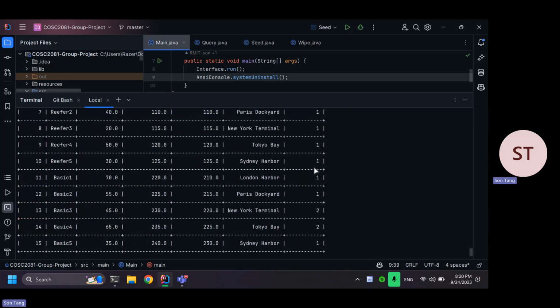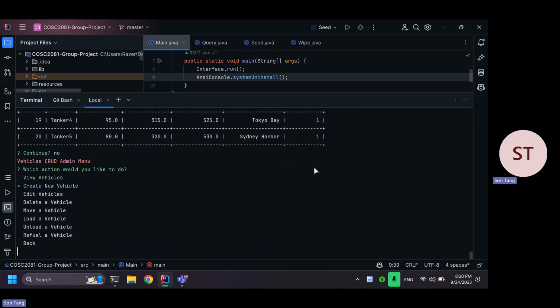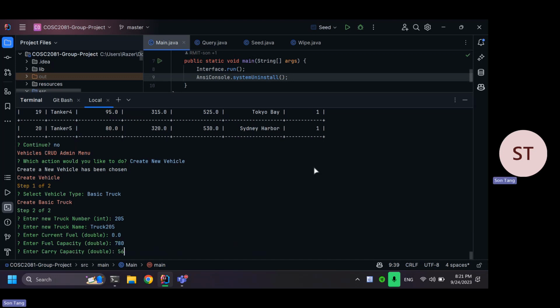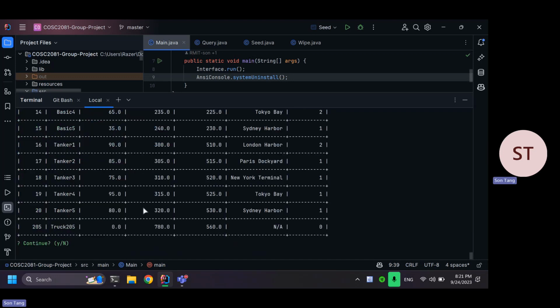This is all the vehicles in the system. You can view them. This is essentially the same, but you have to select the vehicle type before you start entering the vehicle data. So I can enter a new truck using number 20205, truck 2, current fuel 0, fuel capacity 780. Then I view vehicles. It has been created,